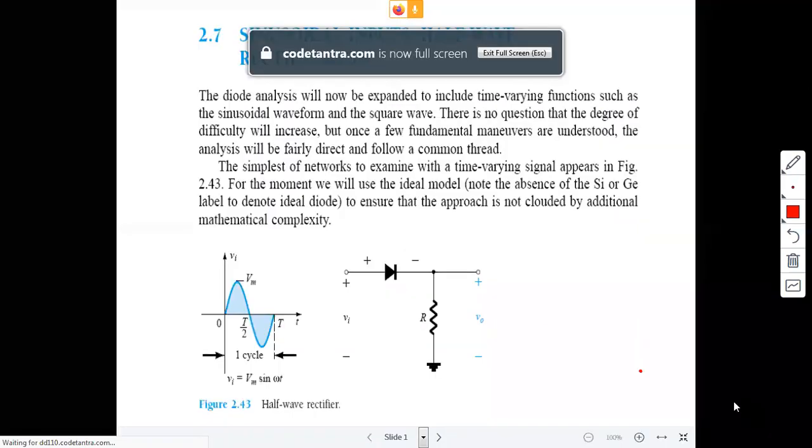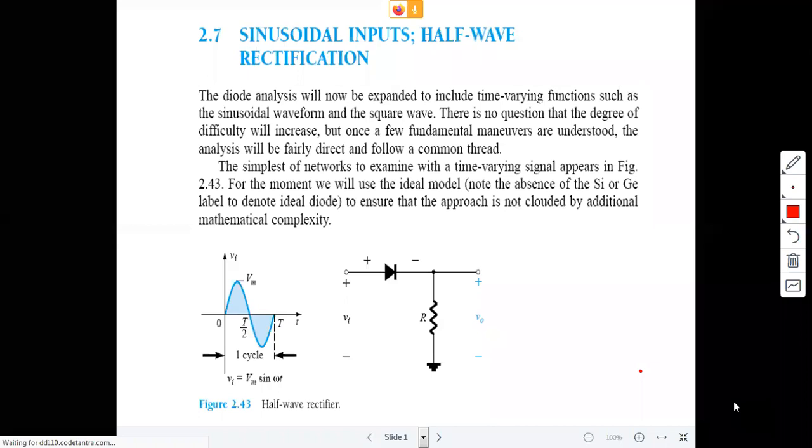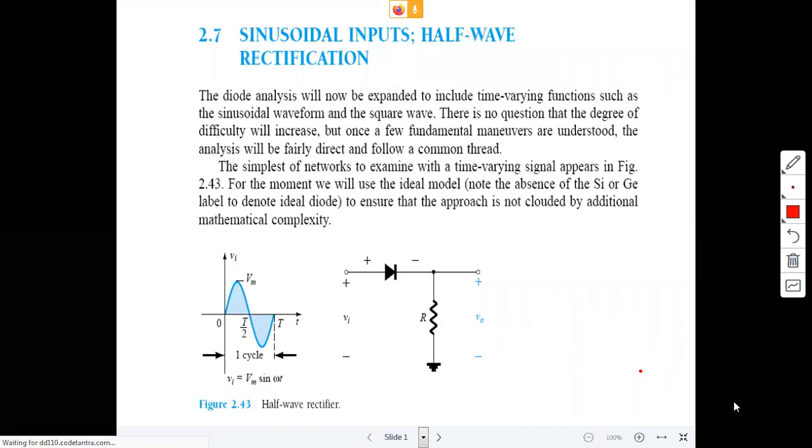Good morning, all. In the last class, we discussed the half-wave rectifier, diode circuits with sinusoidal input signal. Already we discussed some operation also, half-wave rectifier operation. Input is a sinusoidal signal. Now, this half-wave rectifier circuit allows only one cycle. It does not allow the negative cycle, right?